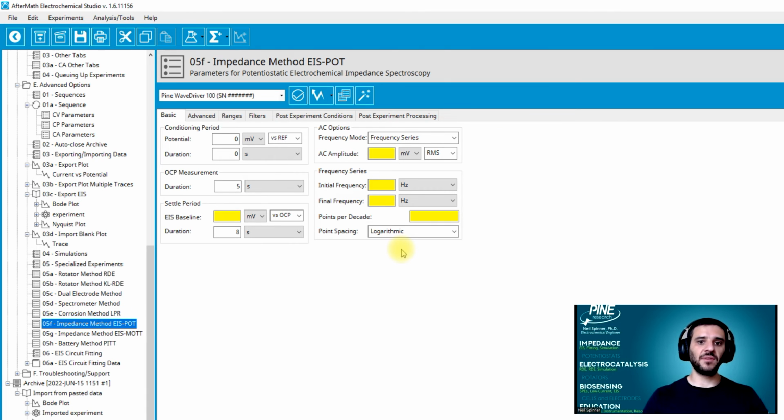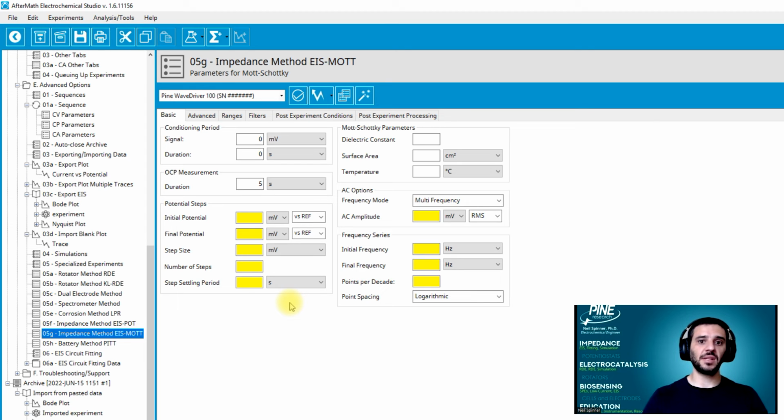The most common type of electrochemical impedance spectroscopy is potentiostatic EIS, where a potential sine wave is input to obtain EIS data. Alternatively, galvanostatic EIS can also be performed for systems where controlling current is preferred instead. Another specialized kind of impedance experiment is called Mott-Schottky, which is often used to determine properties of semiconductors. This method employs a narrow range of frequencies over a range of different stepped potentials, and data analysis is performed